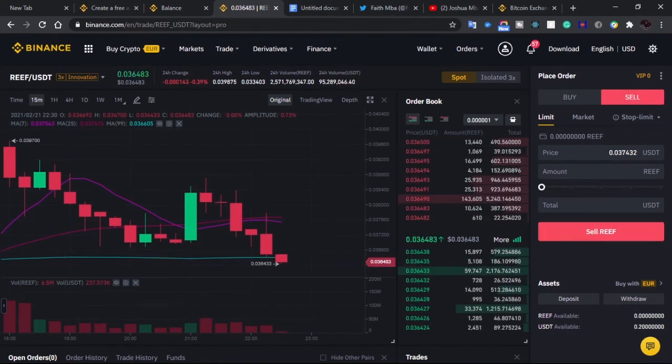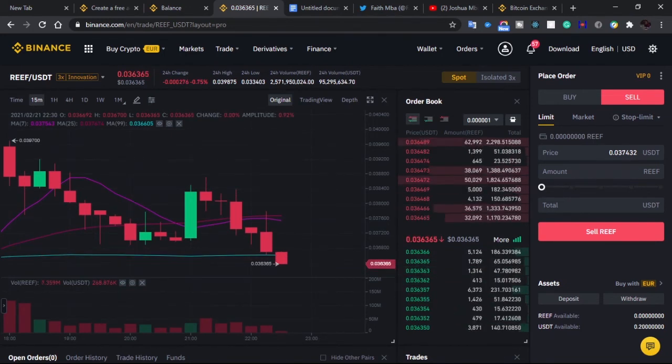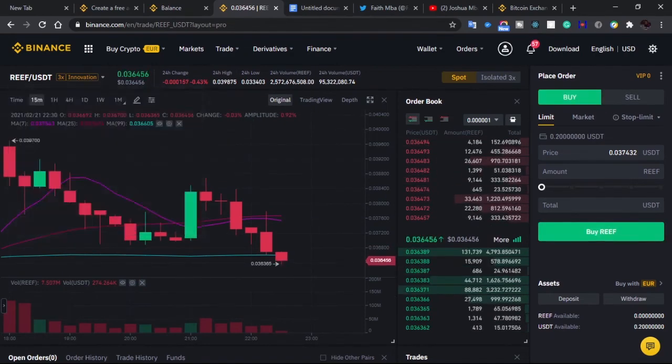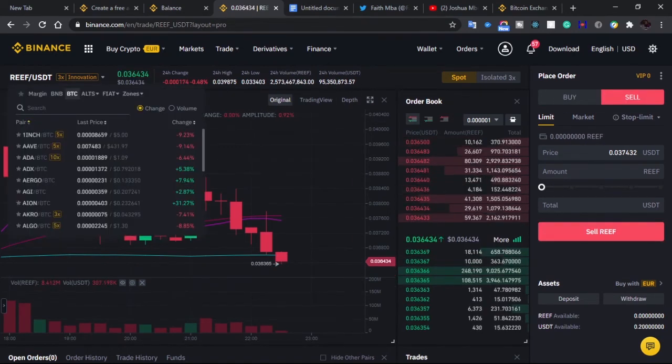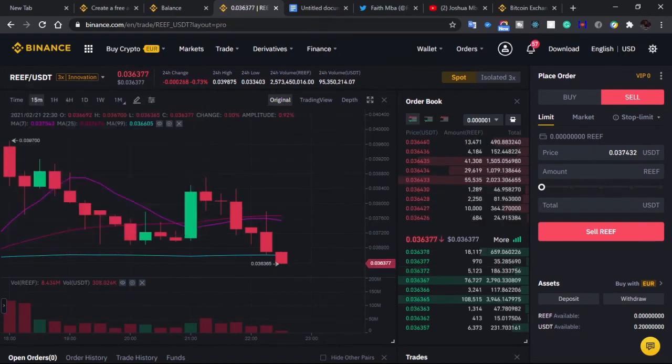The fastest way to explain it to you, if you're a newbie, for you to understand, is that whenever you're buying, you're actually buying the pair at the left hand side. So buy and sell: buy is on the left, sell is on the right. So if you're buying, you're buying the one at the left hand side. If you are selling, you are buying the one at the right hand side. Okay, you can rewind this video and listen to it again.